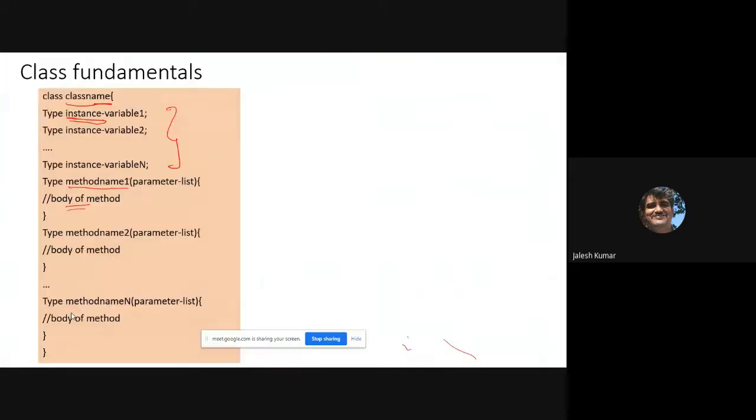Now, a class contains some variables and some methods. If I write one example, I'll write a class Student. What are the variables normally? Name and USN.